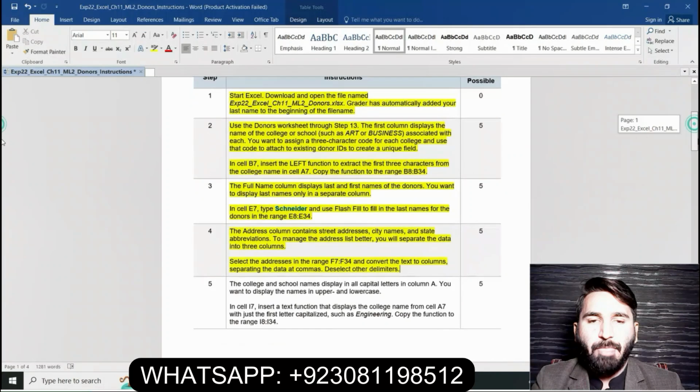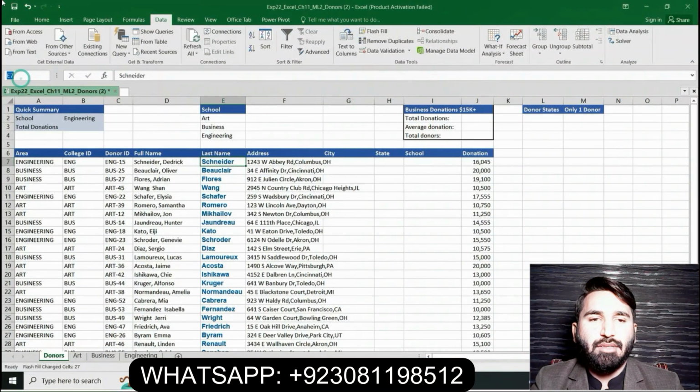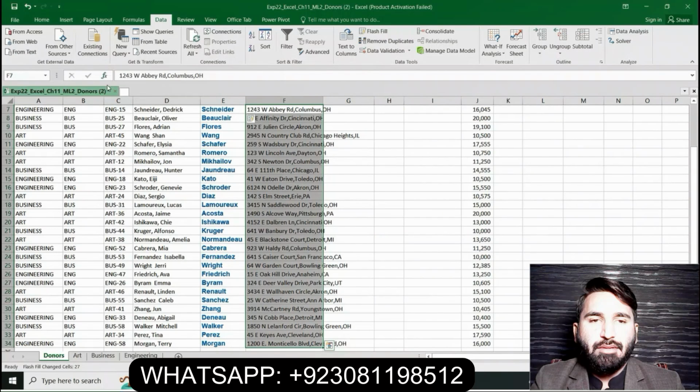Question number 4 is: select the address in the range F7 to F34 and convert the text to columns, separating the data at commas, and deleting the delimiters. Basically, in this question we have to select the range F7 to F34 and convert the text to columns. Select this range and go to